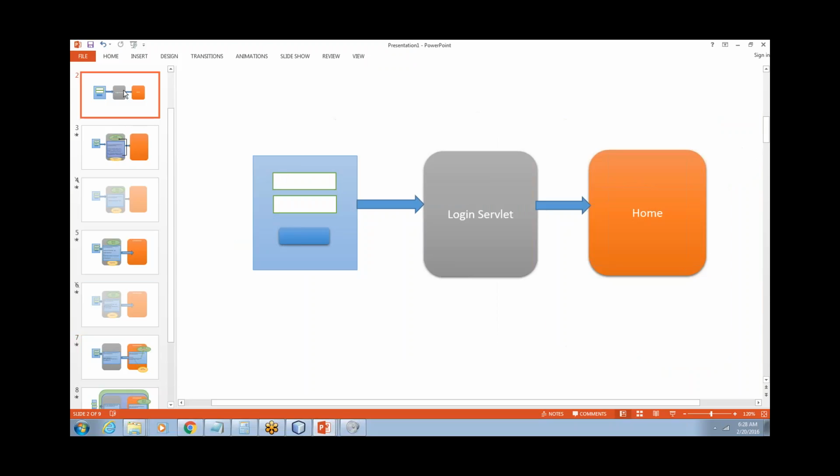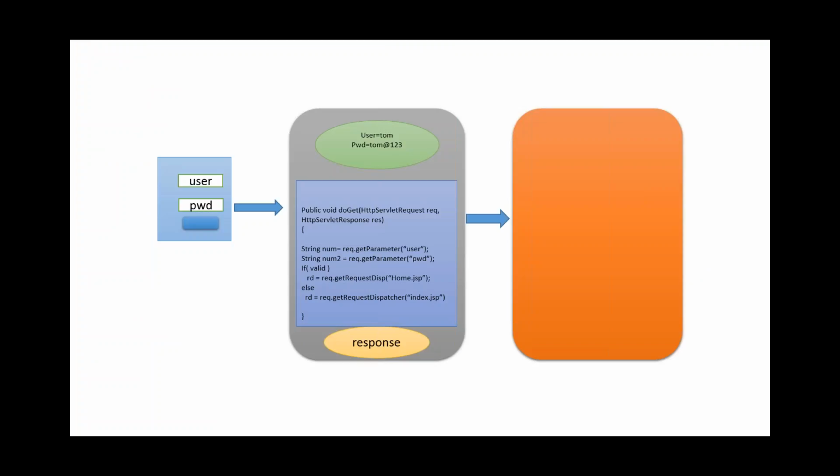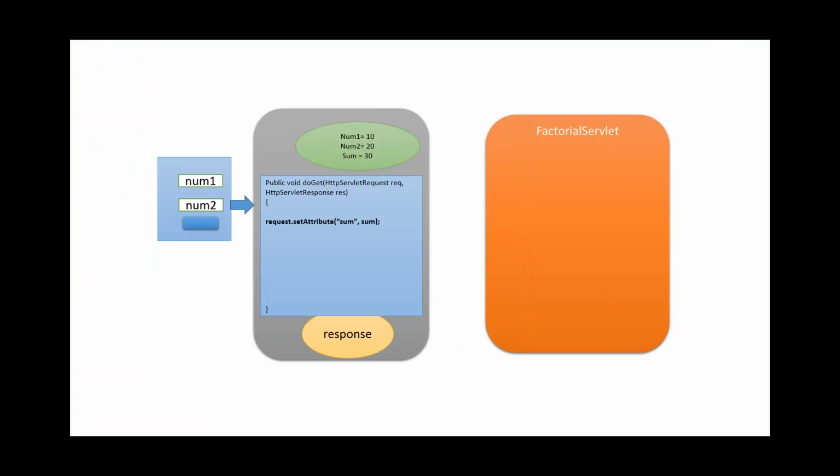Okay, now let us just run through these slides. So you have got the login servlet, and then you need to transfer the request either to the home page or back to the index page. So this is okay with us. With request.setAttribute you're storing any error message in the request scope. So when you are transferring the control,